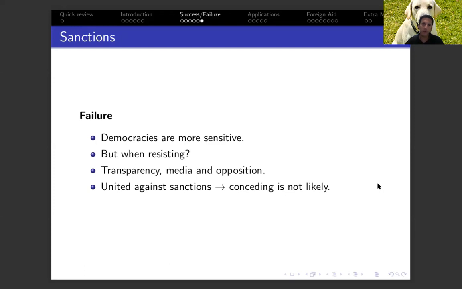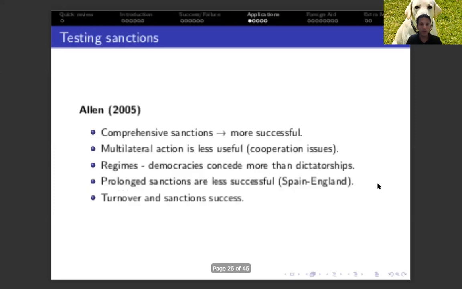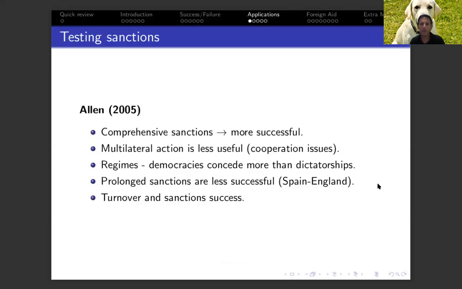I want to talk a little bit about a couple of applications of the sanctions policies in research. So one of the studies that you had for today was the work by Ellen. She presented the logic of sanctions and tested potential conditions for their success or failure. Mostly she relied on what's called survival analysis, which looks at the duration of imposing sanctions, how likely they are to be successful or actually to fail. She looks at the effects of both domestic conditions as well as the type of policy which is implemented. And some of the findings that she shows is what you have here on your screen.